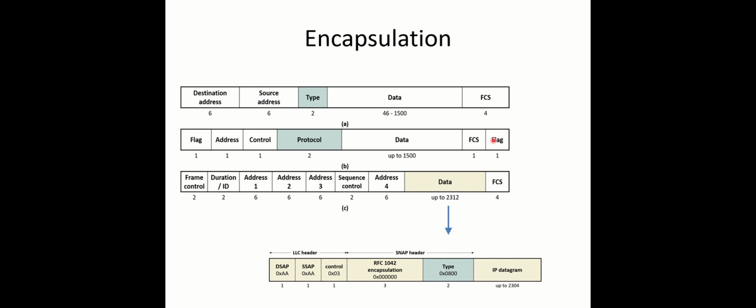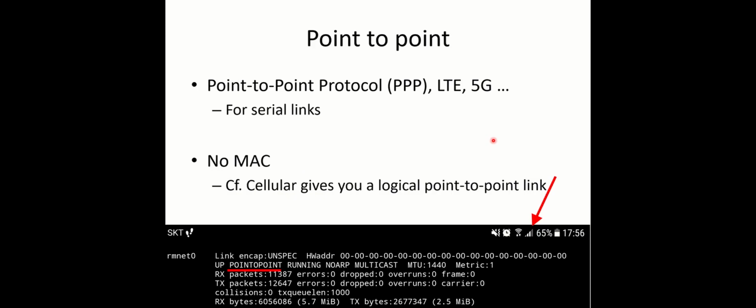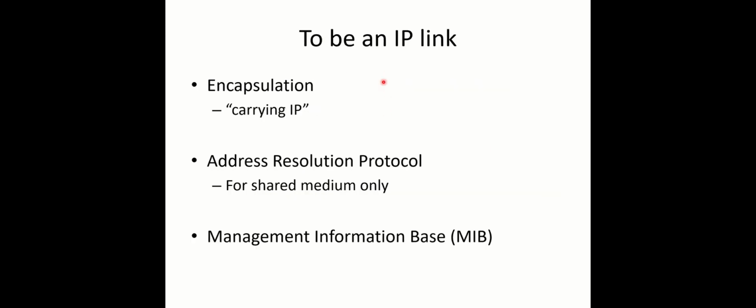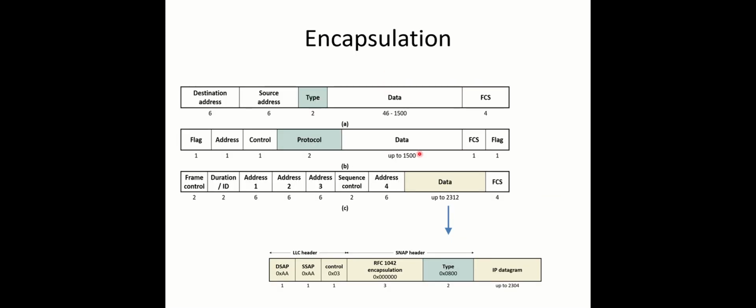The second format here is used by the Point-to-Point Protocol. We mentioned the Point-to-Point Protocol here, remember? So it's from PPP. Although the name of the field is different, it's called protocol now, this field also serves the same purpose. It identifies the type of the payload here. If it is 0021, it means this part contains an IP datagram.